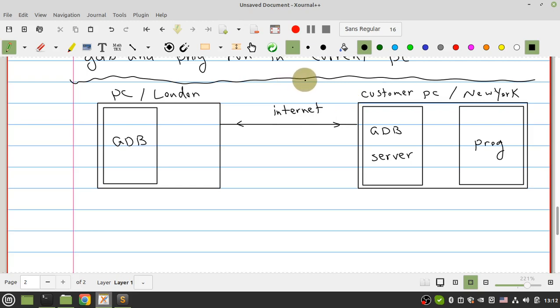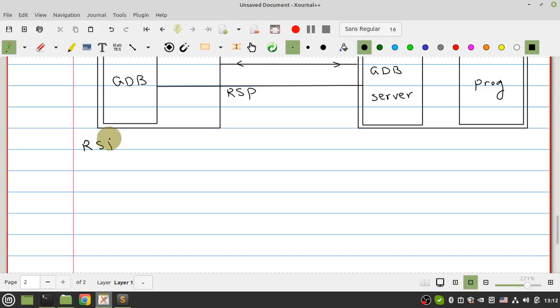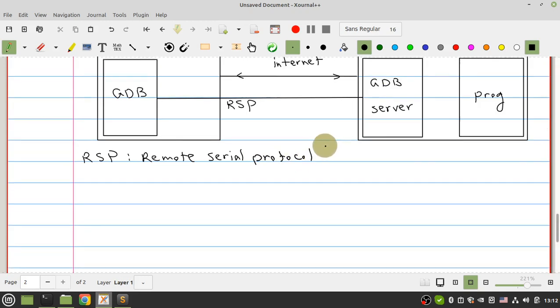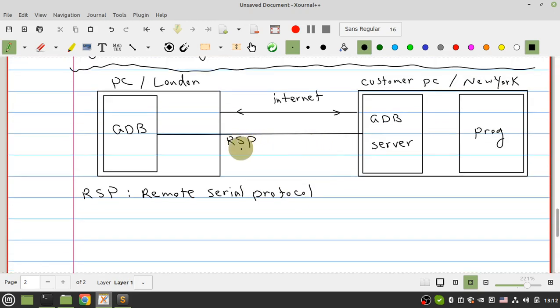GDB and gdbserver have a specific protocol, and it's known as RSP protocol. RSP stands for Remote Serial Protocol. RSP creates a connection between GDB and gdbserver,